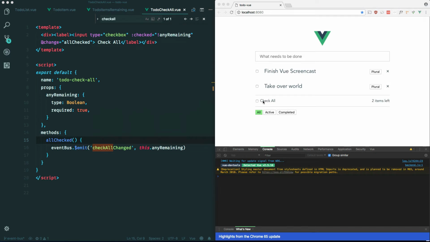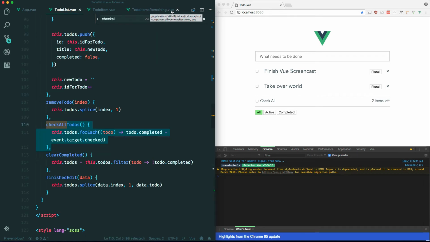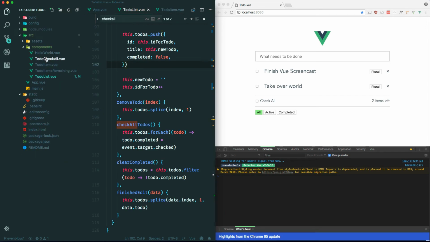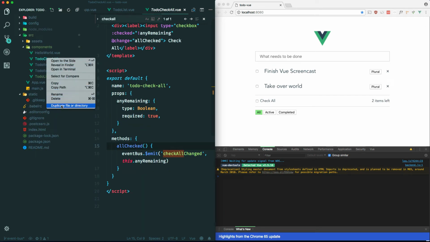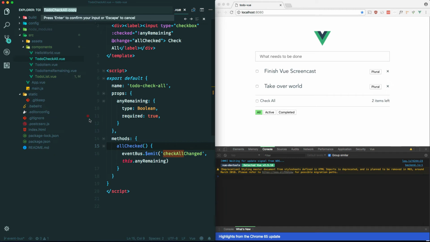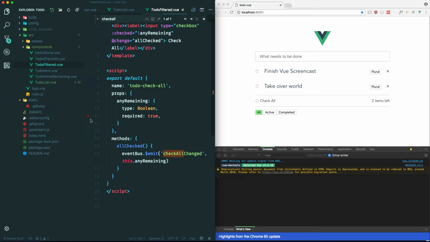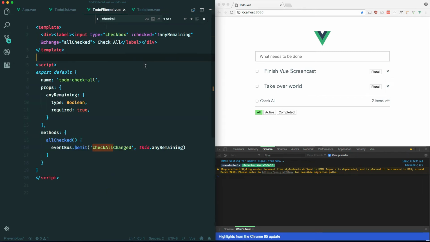Now let's work on this filtered section. So I'm going to close these. To do check all, we don't need that. Okay, so let's make a new one. I'm going to copy this one, duplicate it. So to do filtered view. Okay, and I'm going to hide this. Let's put this over here. To do filtered,